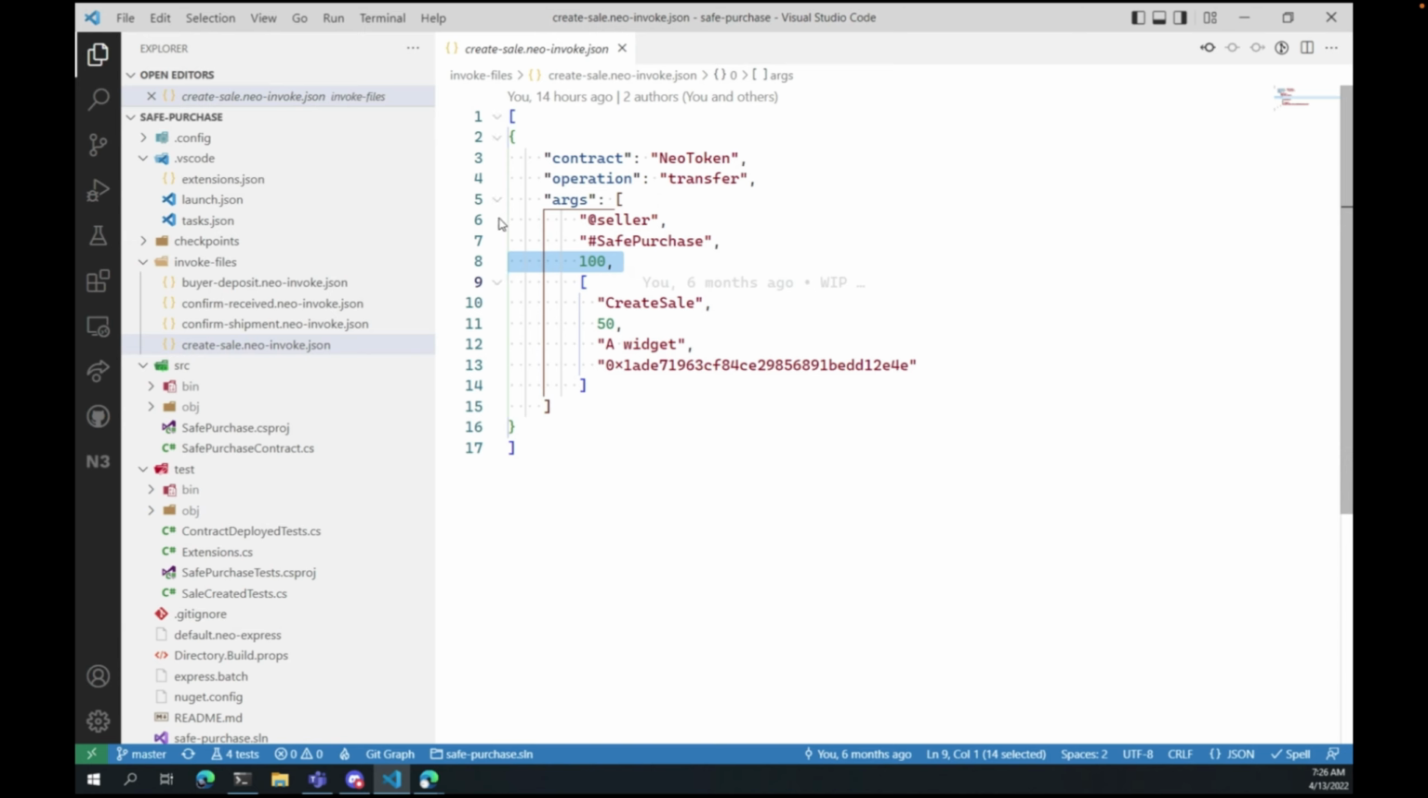You'll notice, by the way, that I'm using a variety of shortcuts that have to do with Neo Express. I'm able to specify the contract by name; I don't have to specify it by its contract hash. Neo Express and the debugger know how to parse these files and treat them. Obviously Neo Token's built in, so it can tell that automatically. I'm calling the transfer function. I'm going to use @seller, so this sort of like Twitter kind of @ and hashtag